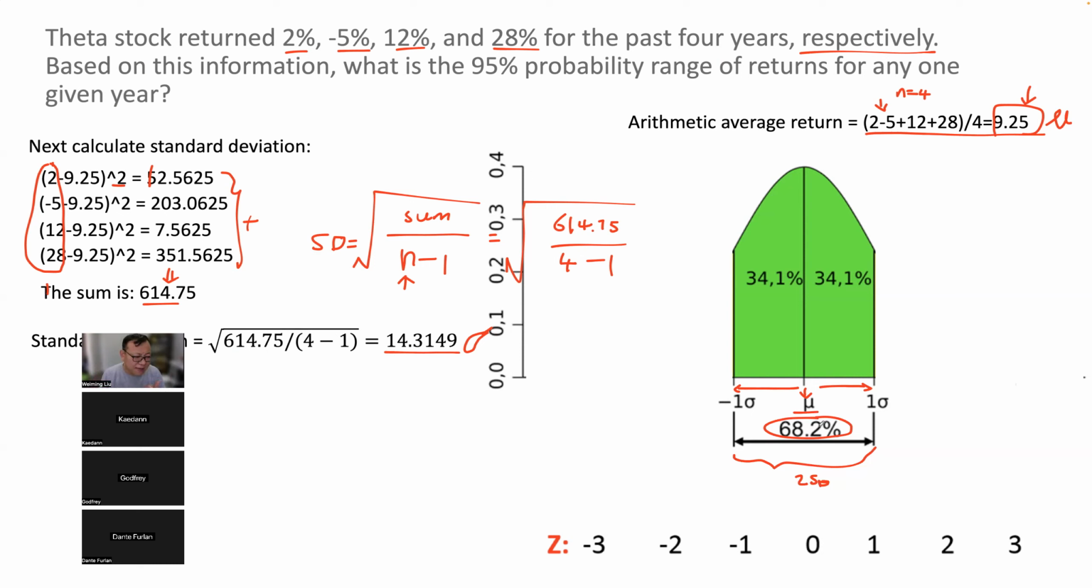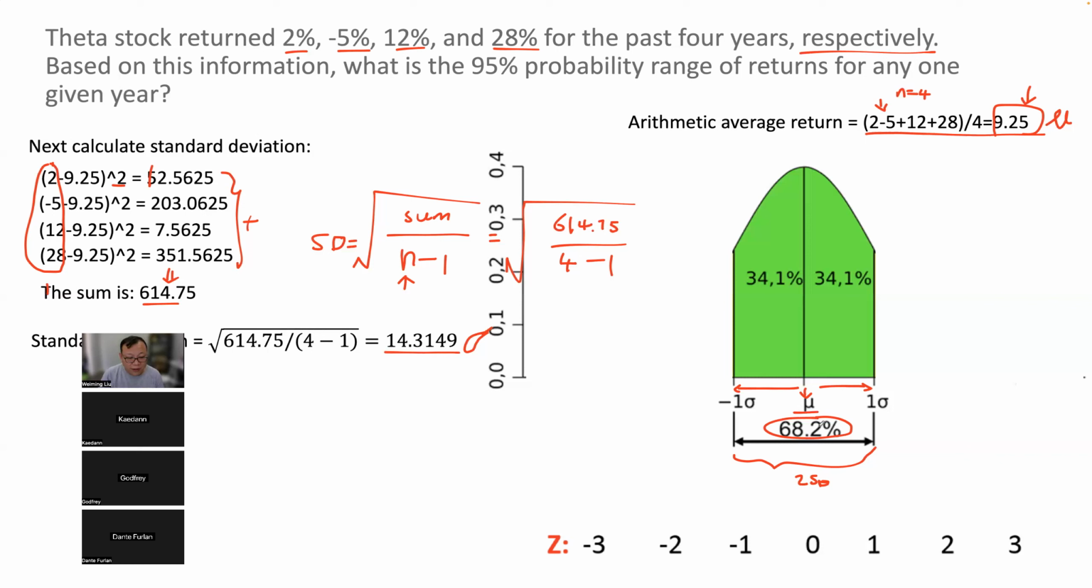Does this make sense? If you have learned the stats, give me a thumbs up if you understand this. 1, 2, 3. Okay, thank you, Keaton. Thank you, Dante. Okay. Now,